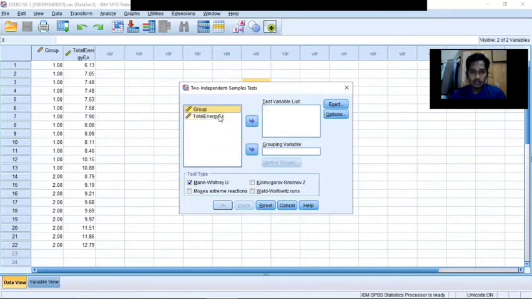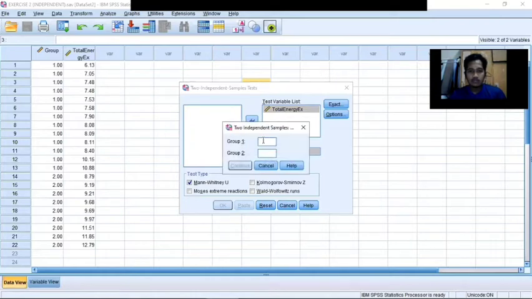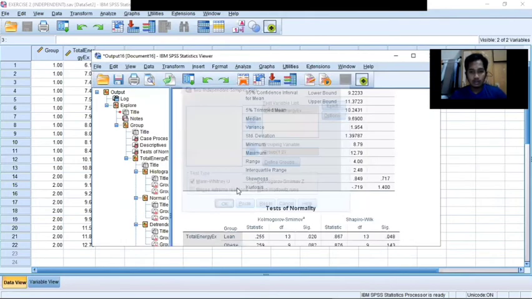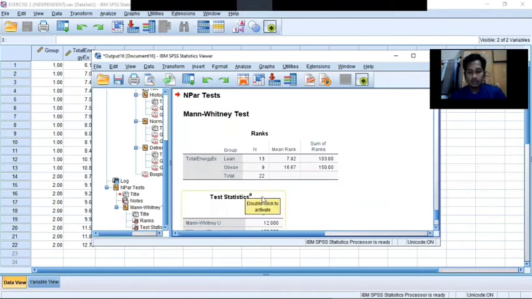So total energy expenditure goes to the test variable list, and the group we plot into the grouping variable. So we define group 1 and 2. Continue. We click OK.